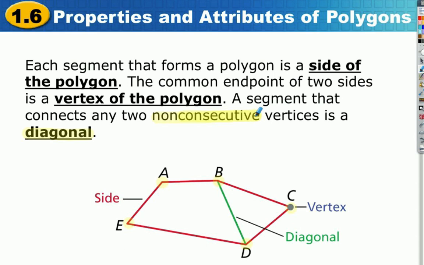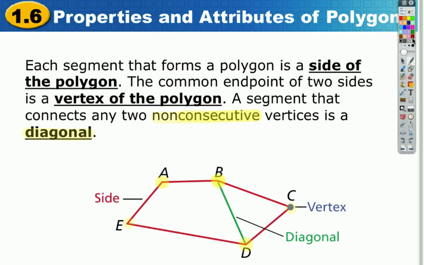Next to each other. So consecutive would be like A and B are consecutive. They're right next to each other, in order. But non-consecutive would be not in order. So you can see that D and B are not next to each other, and you can form a diagonal. You can also form a diagonal